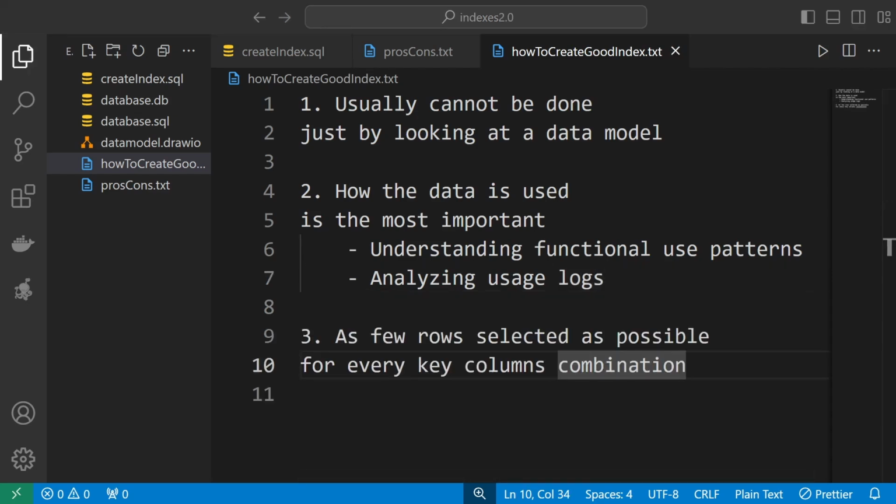Third guideline, as few rows selected as possible for every key columns combination, meaning the best index is a unique index or a primary key index that returns for every combination of the key columns always only one record, and all indexes that return more are somehow worse in this area. This does not mean that you cannot create indexes that select more rows. You obviously can, and very often you should,